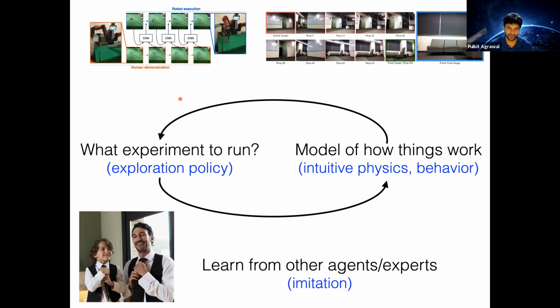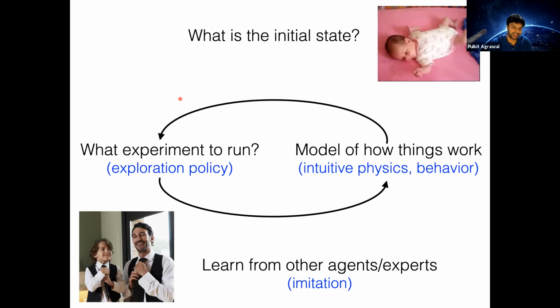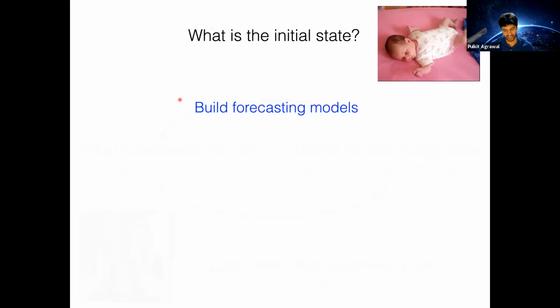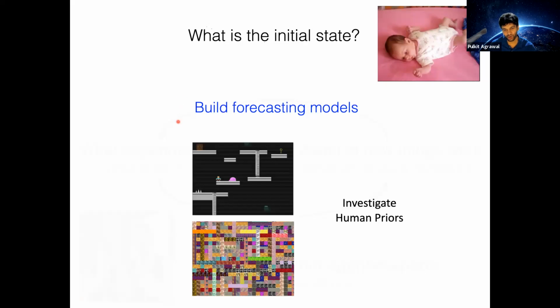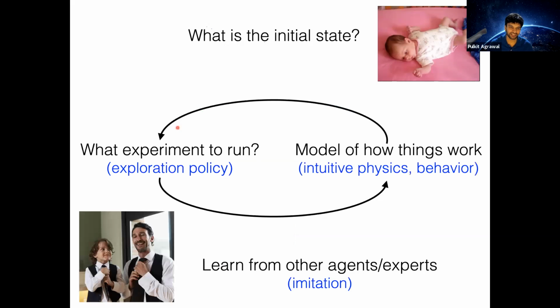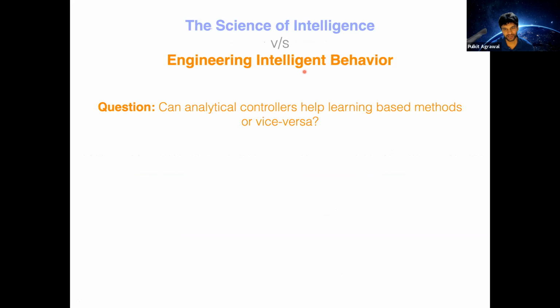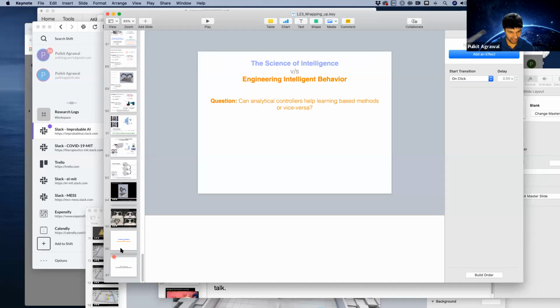Then we also looked at how models can help us imitate other agents. And then we can ask a question, what are we building into our agents? Because we are building in some things, right? For example, we're building in the fact that we are building models which forecast the future. And we could also build in more things by investigating human priors. So my hypothesis is that by solving a lot of different tasks, or even presumably self-generated tasks, we can develop an intelligent agent, maybe this is one framework that one could follow. So unfortunately, we don't have enough time to go through engineering intelligent behavior. So what I'll do is I'll just skip to the end